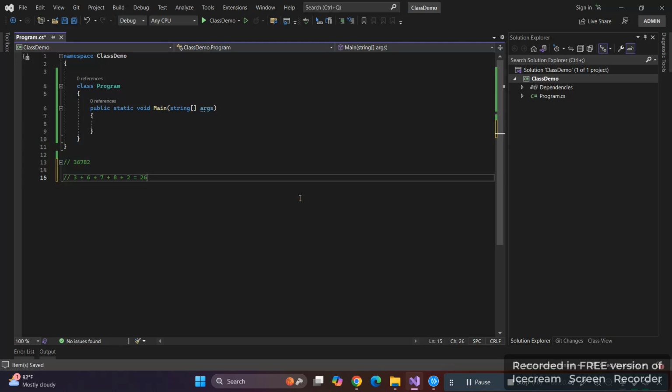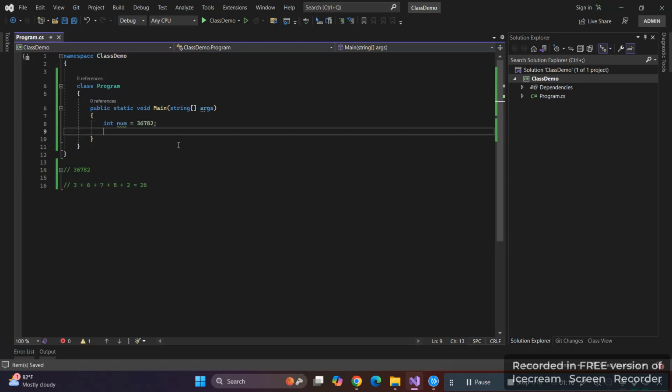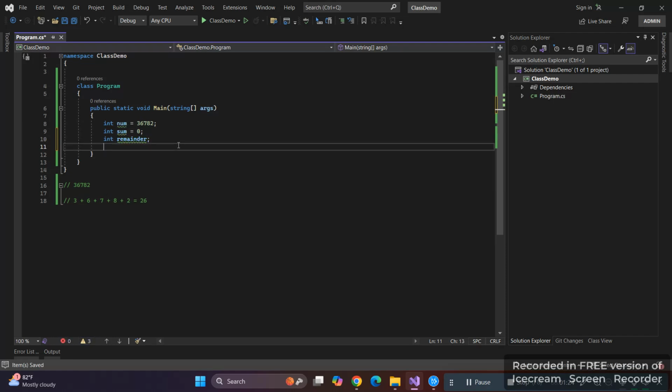Now let's see programmatically how we can achieve that. Let's store the input inside the variable num equal to 36782. Now let's declare sum equal to 0 and int remainder equal to null. Let's use a while loop while num is greater than 0,